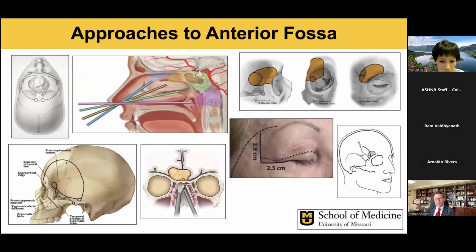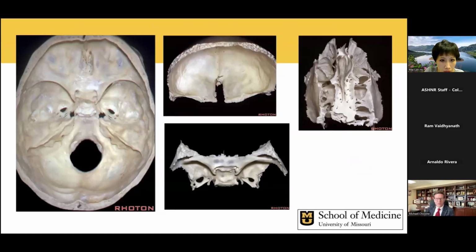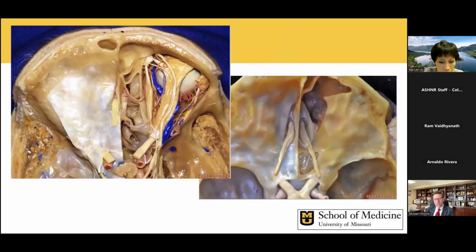In some situations, not so much for a big case like this, but for some anterior fossa lesions, these eyebrow approaches, and thinking a lot about the anatomy of the anterior fossa, the bony anatomy, the frontal bone, the sphenoid, the ethmoid, the soft tissue anatomy. Often the orbit comes into play in these tumors, so it may not only be a neurosurgeon and an otolaryngologist, but sometimes